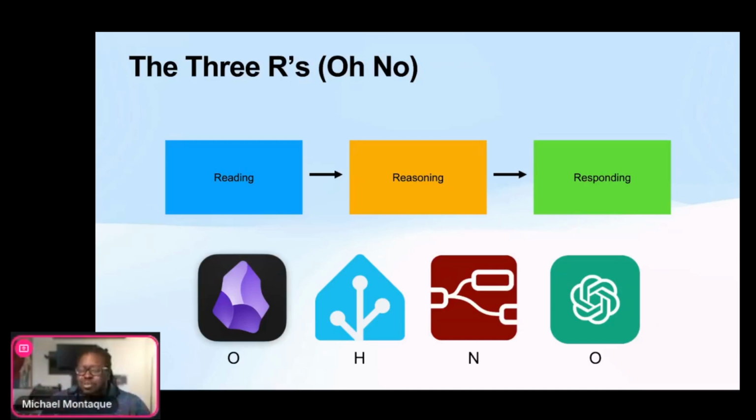And because Node-RED is pretty visual, it's easy to locate where there's too much over-engineering, if you will. If you start to see a lot of nodes clustered together, you can tell that there's probably too much happening with this particular business logic, so it needs to branch out and split those concerns a little bit more. It also makes it easy to see where things go wrong. If an automation didn't fire correctly or didn't start, I'm pretty sure something happened during the reading phase. Whereas if the automation didn't end the way it was supposed to, chances are something went wrong between the reasoning and the responding phase.